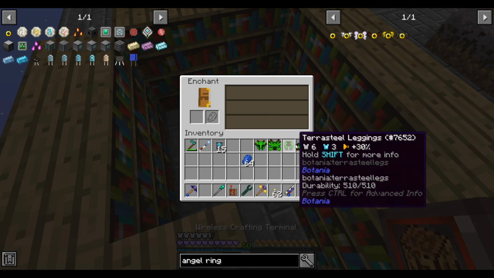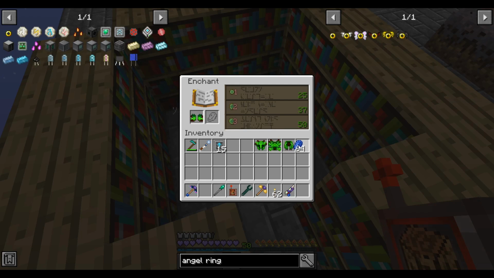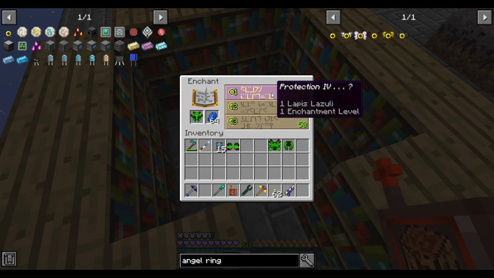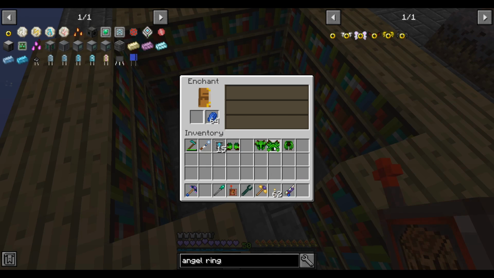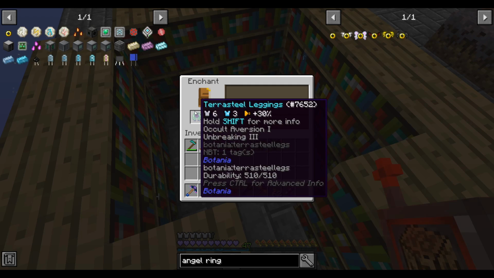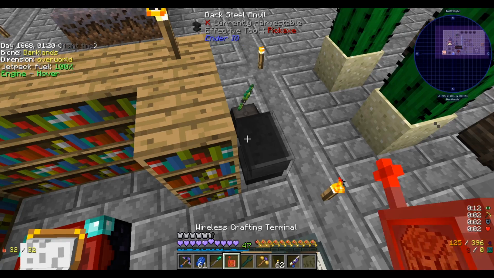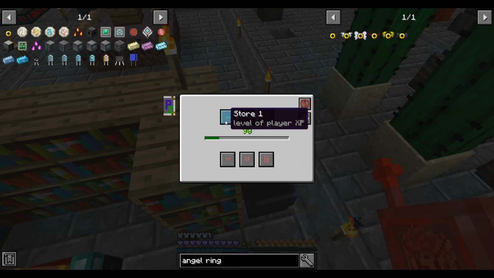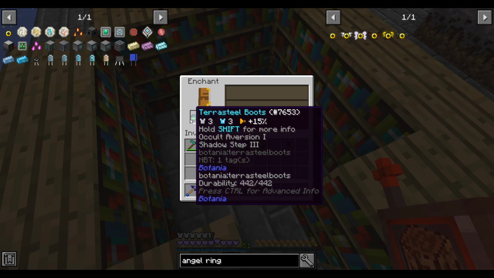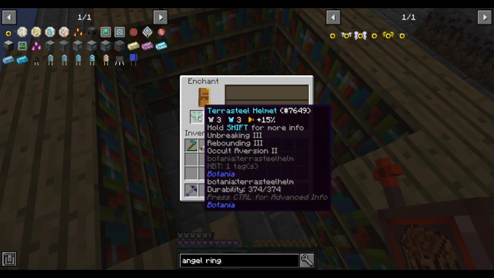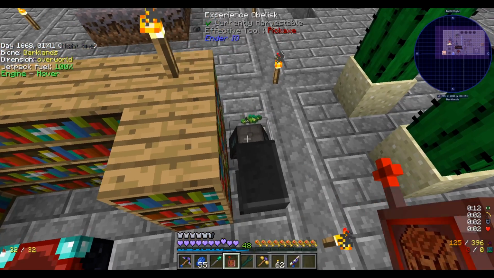All right, time to enchant our Terrasteel set. I'm not actually sure. Still protection 4, I like that, but it's also the lowest level enchant. I don't care for Soulbound because I'm not intending on dying. Let's see what we got. Honestly, no clue how I should be doing enchanting in this pack. Whatever. Sure, we'll be very adverse to the occult. We don't really need Unbreaking or anything on these. Well, specifically, we don't need Unbreaking or Mending because